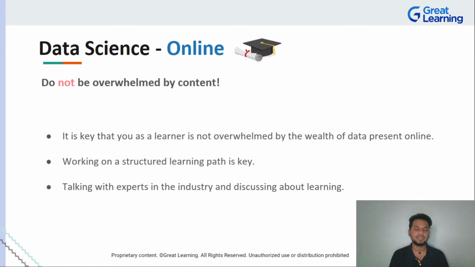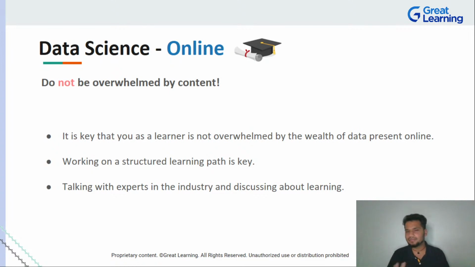A simple Google search where you type in learn data science will give you millions of results by the time I did that, right? So that's a huge advantage and can be considered as a small disadvantage. I'll tell you why. Huge advantage: you can literally learn everything there is to know on the internet today. But the second disadvantage that comes with it is that since there is so much content present,